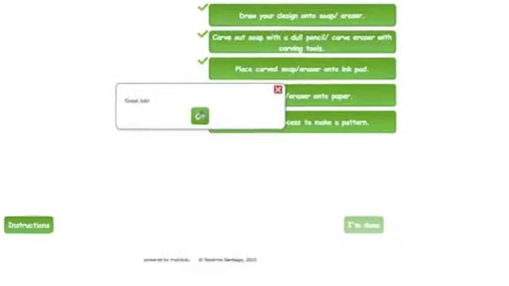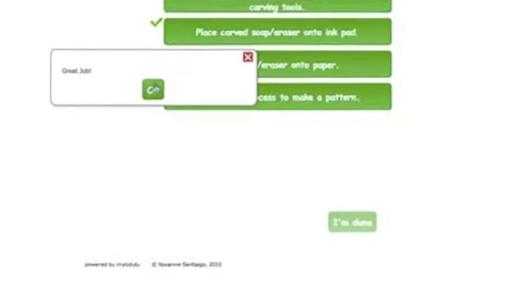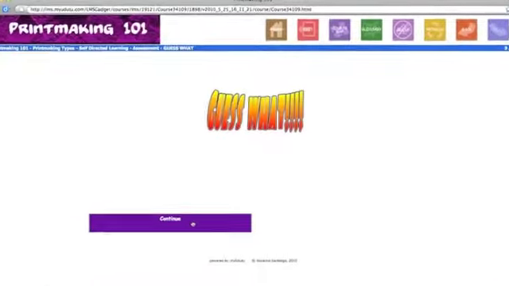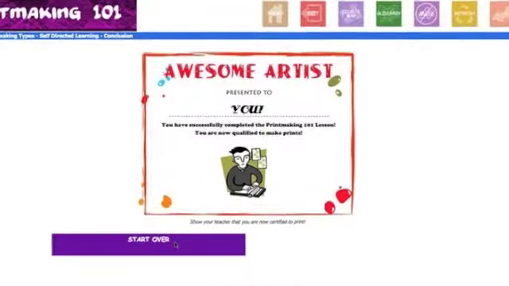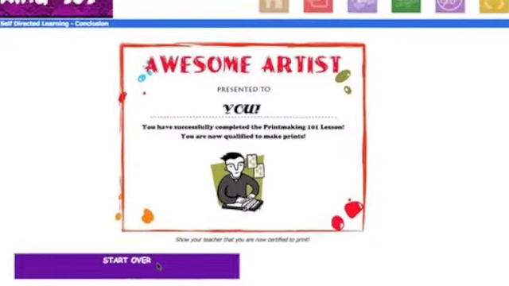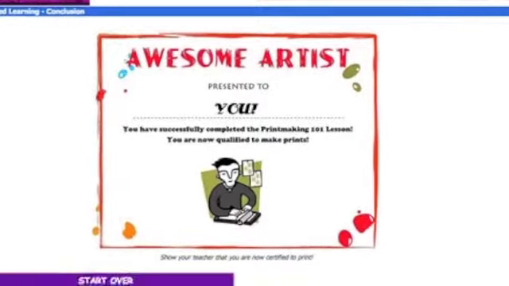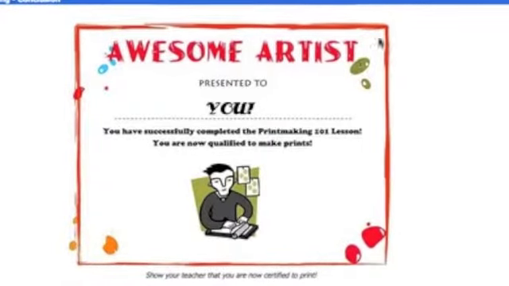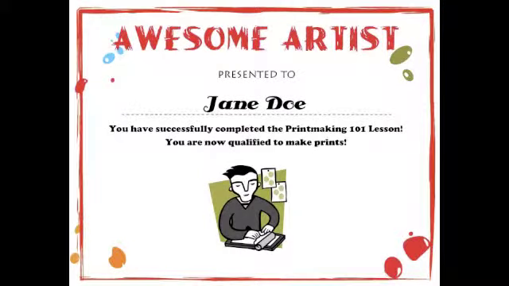Since the Stamping Project Quiz is the last quiz, the next screen is not a quiz. I used the same format to build some anticipation, and it allows the students to wonder what's happening next. As the user clicks on Continue, there is a cheering sound and a certificate for the student. The certificate is to show that the student has successfully completed the lesson and it can be printed. I plan on printing a certificate for every student who has completed the course.